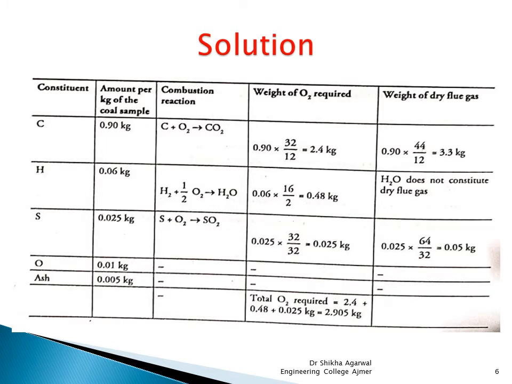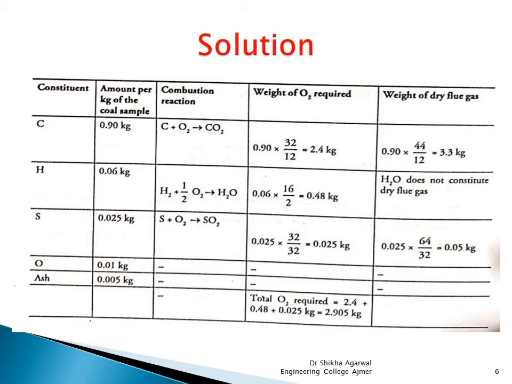Now once again we write down the constituents. We write down the amount of constituents per kg of the coal. We write down the combustion reactions. Then we calculate the weight of oxygen. From the weight of oxygen, you know how you can calculate the weight of air required. And from the minimum weight of air, you can calculate by multiplying the minimum weight by 125 by 100, you get the total air supplied. Or the second thing you can do is you multiply the minimum weight into 25 by 100, that is excess air, and you add minimum weight of air and excess air, you get the total air supplied. Now here we have to also find out the weight of dry flue gases. So how that is done, that is something new, so I am discussing that.